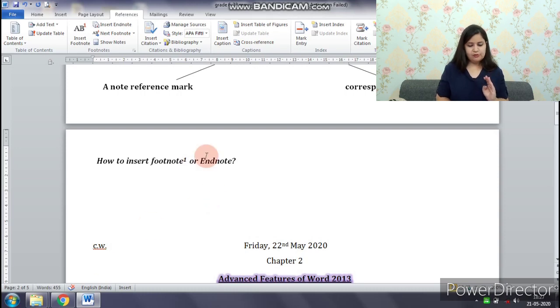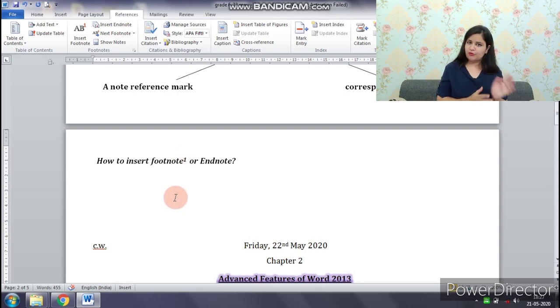Similarly, if you click endnote, it will be at the end of the document. And one more thing, when you click this number, it will display the corresponding note text at the bottom. Can you see what I wrote there, footnote explanation? It is visible here when my cursor is here.